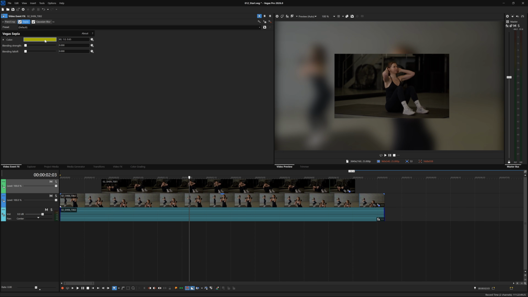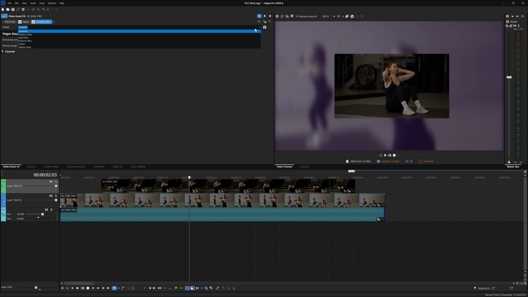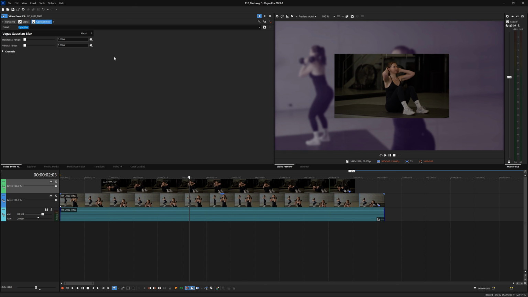Start with sepia. We'll do something slightly different. We'll change the color towards violet or purple, add half the strength, and increase the fall-off by a quarter. You can toggle the effect to see a before and after. As for the blur, we'll decrease the range, or you could choose the light blur preset. The result is looking pretty good so far, but I've realized that we could benefit from a drop shadow on